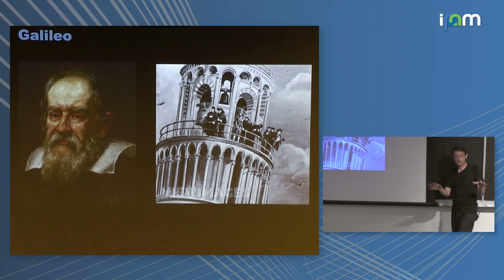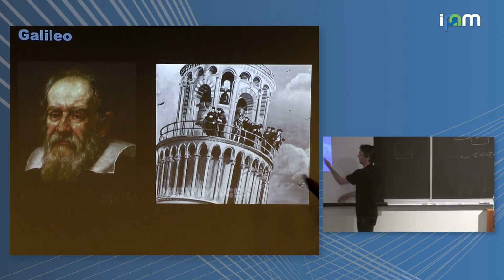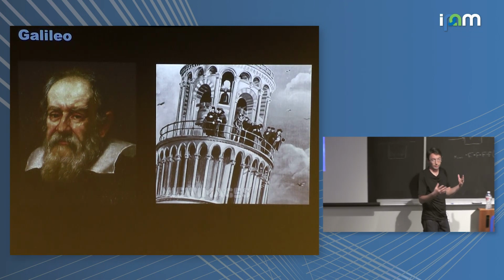But this is a cautionary tale for blindly doing machine learning, and this is work by Brian de Silva and Nathan Kutz. If you just measured those trajectories and plugged them into your favorite machine learning algorithm, what you're going to find is that the rate of fall is absolutely proportional to the mass. You will find the Aristotelian view of mass and motion,